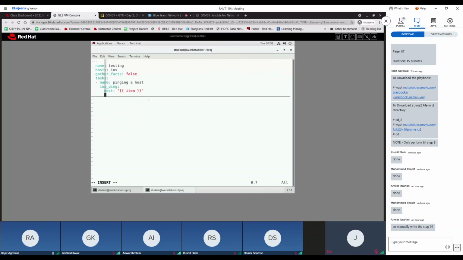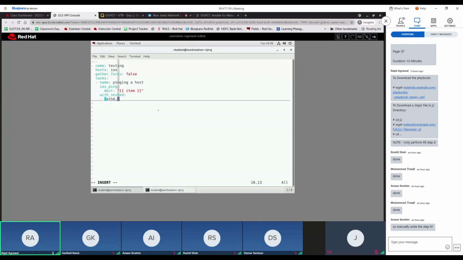To implement a nested loop, we will not use a loop keyword here. We will use an older style keyword. So back in the days before Ansible 2.5, meaning until Ansible 2.4, the loop keyword was not there. The loop keyword was only introduced in Ansible 2.5. Before the loop keyword, we had with underscore as a prefix and then the lookup plugin name. So for a nested loop, the lookup plugin name was nested, where you can create a nested list. For example,